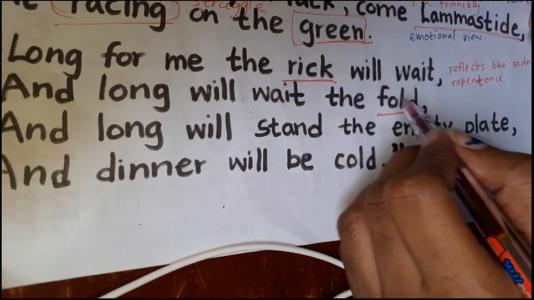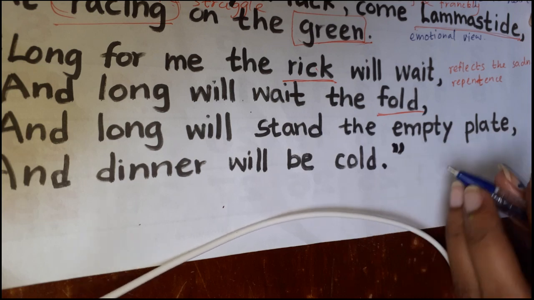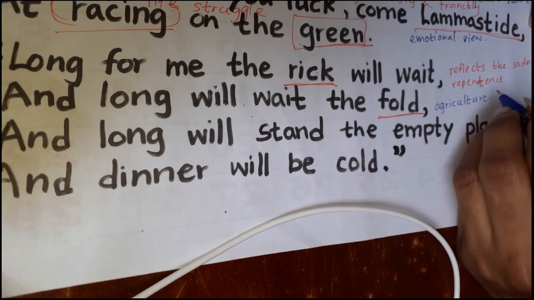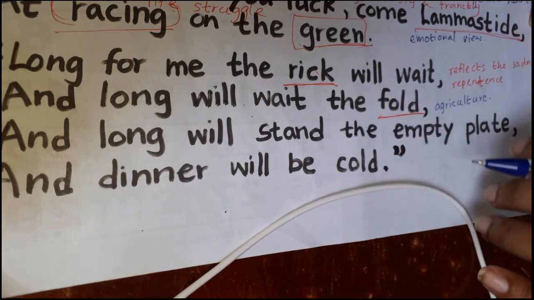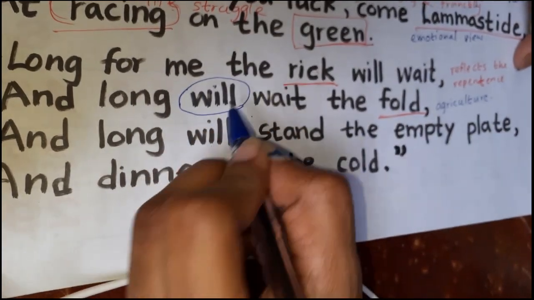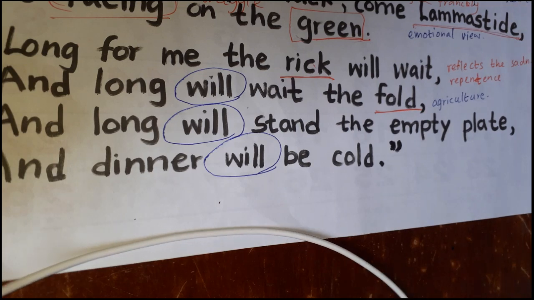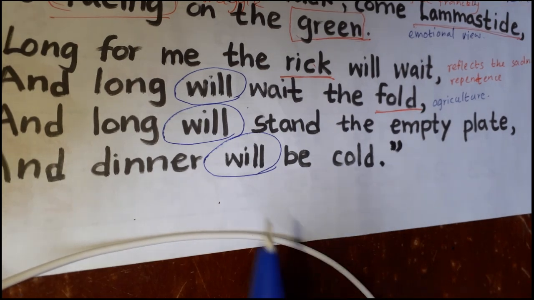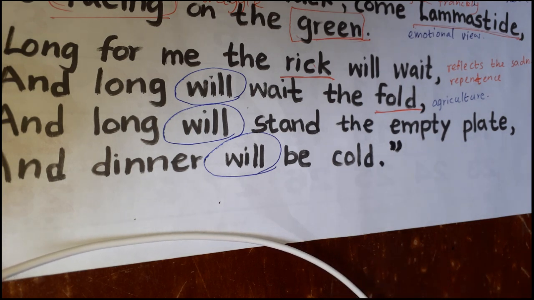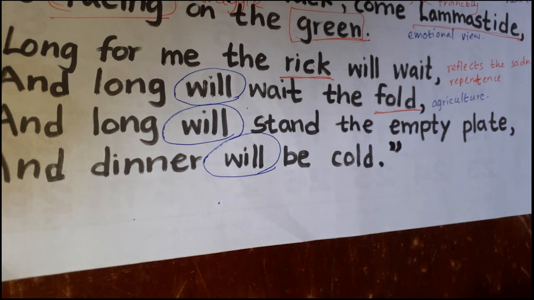So all these words are symbolical because they suggest the agricultural setting. Also you can see he is only making predictions, using "will", because he is going to leave the place. And the emphatic terms used suggest he is really in a frustrated state,